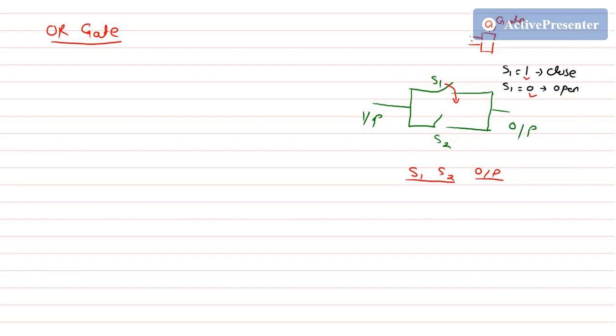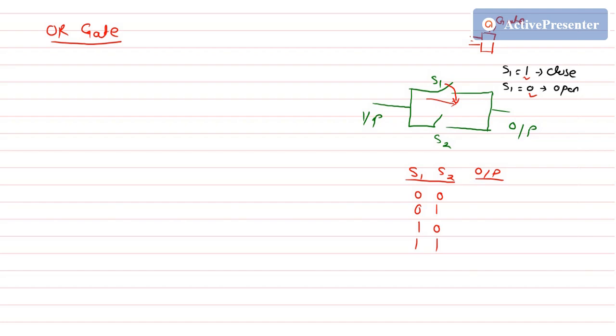As you remember, if it is 1 then it is closed. Closed means signal can pass through the switch, and if it's open then signal cannot pass. So let us see all the possible combinations. I'll write the combinations here. These are all the possible combinations with these two switches. There is no other combination possible. With two variables or two switches, you can have 4 variations.